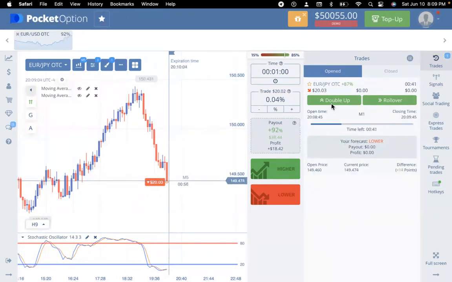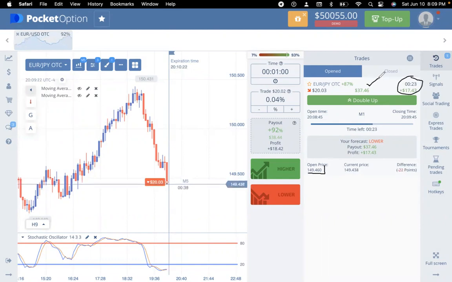Now, with Pocket Option, if the trade does not go in my favor, meaning I got in for a sell, my entry point is 460. If the market stays under 460, by the time this runs out, I'll make that 37.46, which we mentioned earlier. So not only will I be getting my $20 back, but I will also get that